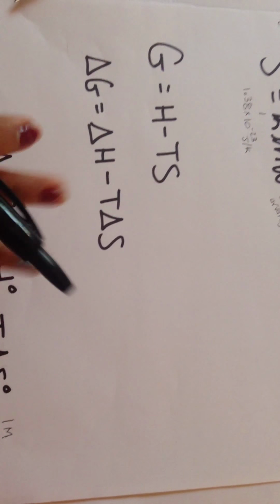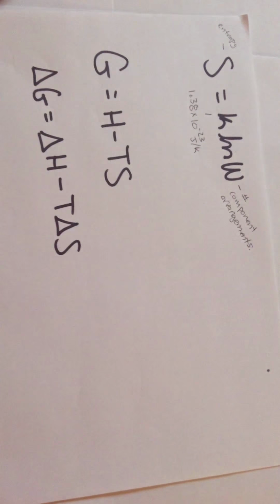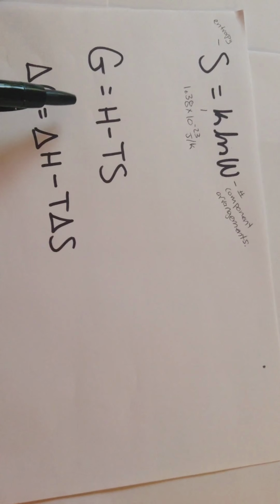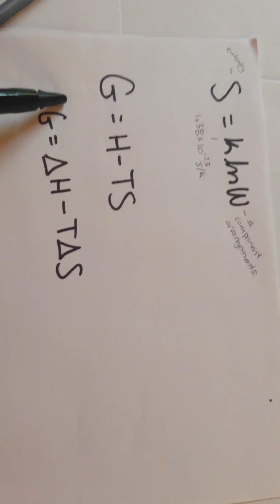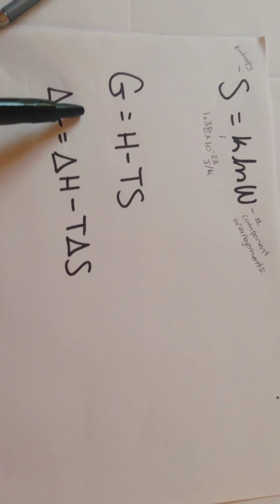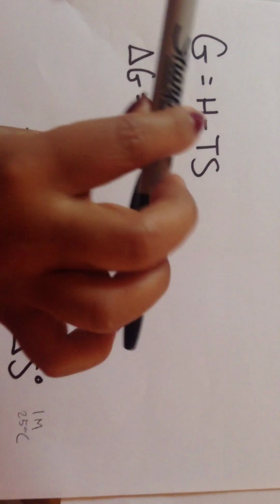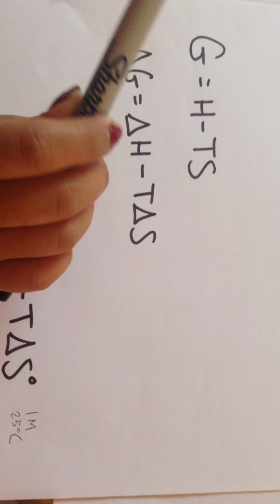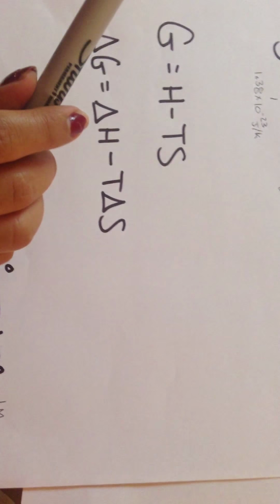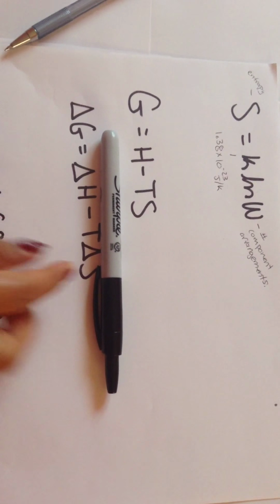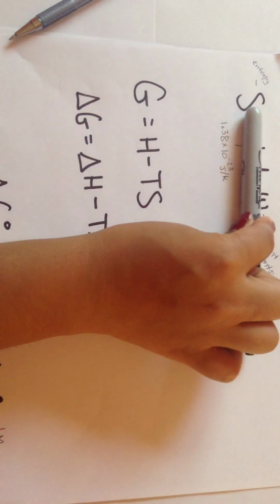So now that we're familiar with entropy, we move on to Gibbs free energy. Gibbs free energy is energy associated with a chemical reaction that can be used to do work. Work being the result of the force applied to an object times the distance it is displaced. For instance, if you have a pencil in front of you and you push that object through a distance, you